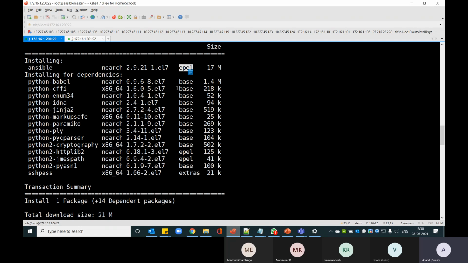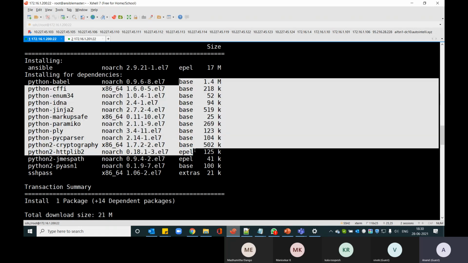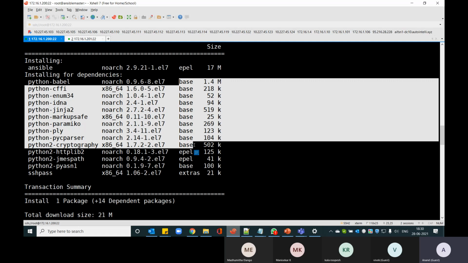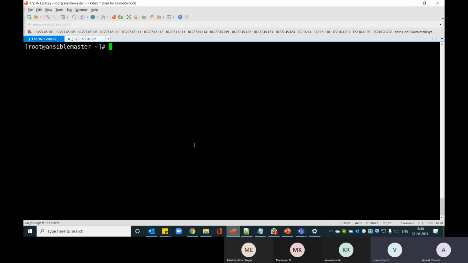So if you see, Ansible is getting downloaded from the EPEL repository, and all the related binaries are coming from the base CentOS repository. If you want to check whether the EPEL repository is installed or not, we can quickly check with rpm -qa | grep epel.